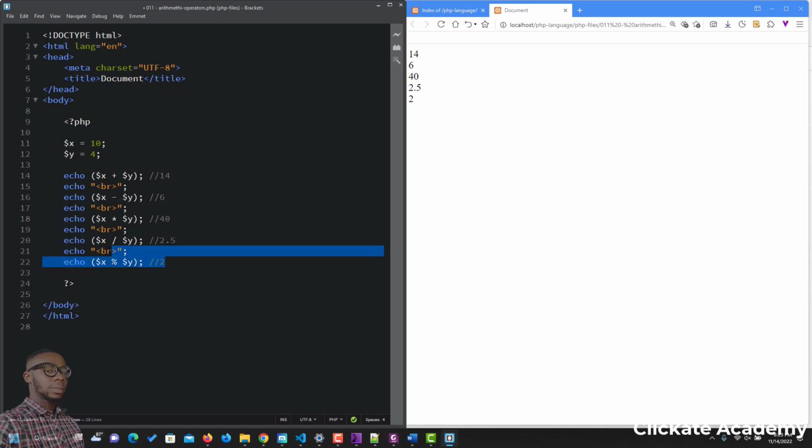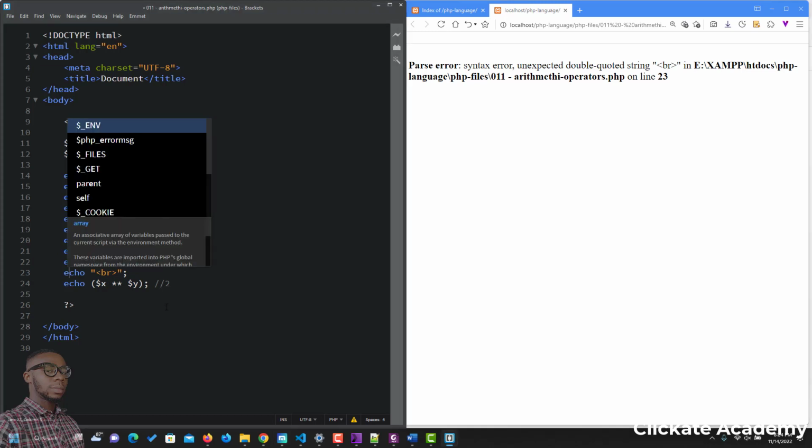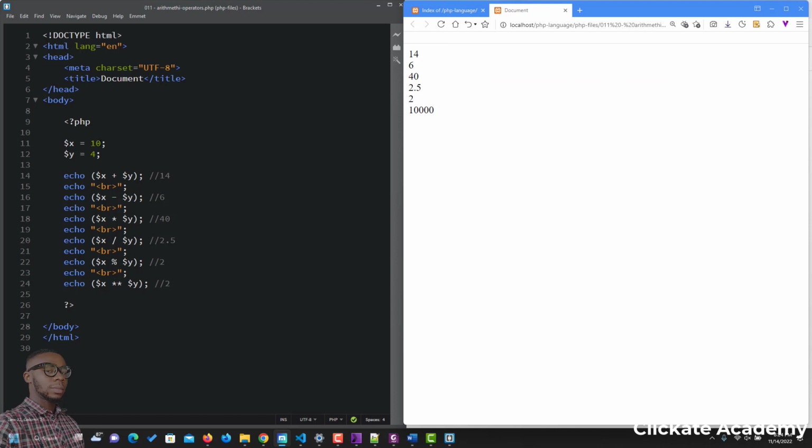And also, there is one I did not show you from the PowerPoint slide, and that is exponential. So we use 2 asterisks for exponential. That is raised to the power of 4. So 10 raised to the power of 4 is going to be what? Oh, sorry, echo. So 10 raised to the power 4, that is 10 times 10 times 10 times 10, is